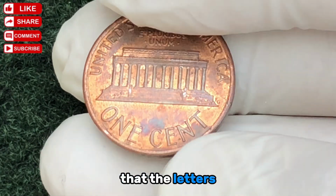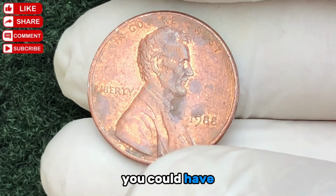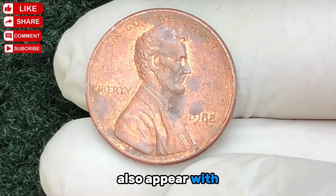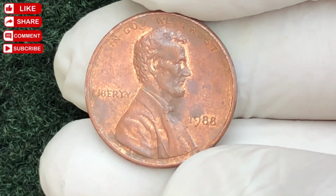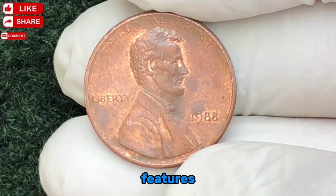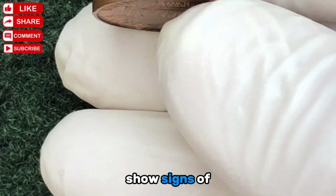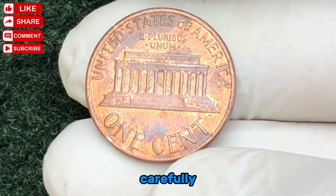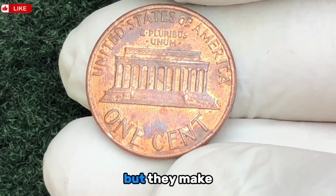If you notice that the letters look thicker or doubled, you could have the error on your hands. The date of the coin might also appear with a similar doubling effect. Take a close look at Lincoln's features. His hair and eye might also show signs of doubling. The key here is to really examine your pennies carefully, because these errors are small, but they make a huge